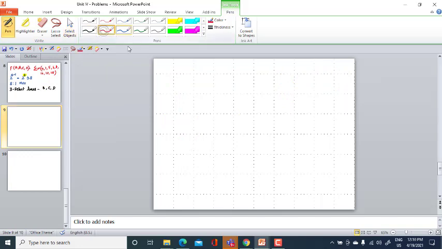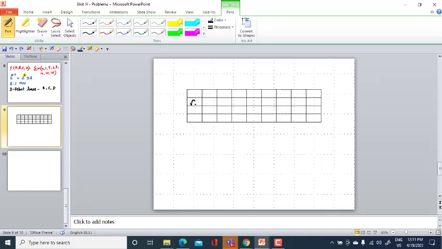So now again A, A bar and A, and this is I0, I1, I2, I3, I4, I5, I6, I7.